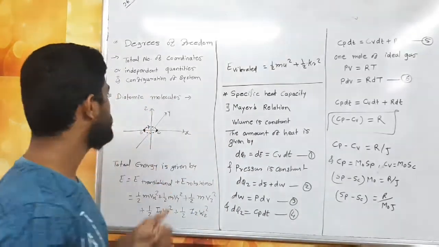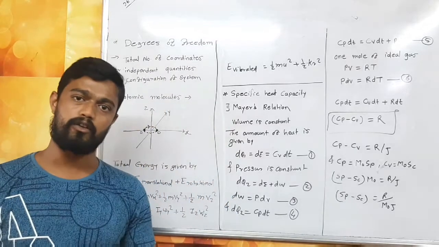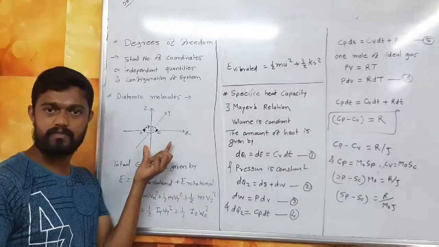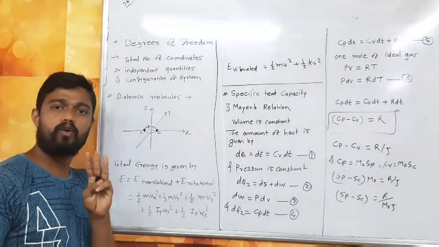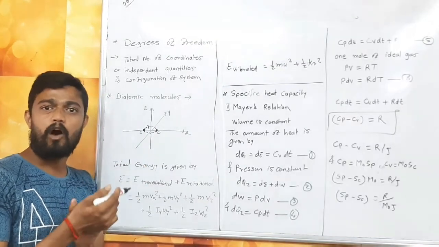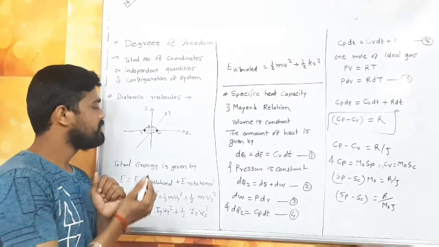Okay. So next point is the diatomic molecule. Let us see this figure. This is your 3 coordinate system, which one? x, y, z. There are 3 coordinates present, so obviously this is called a 3 coordinate system. How many degrees of freedom? The degrees of freedom is 3.